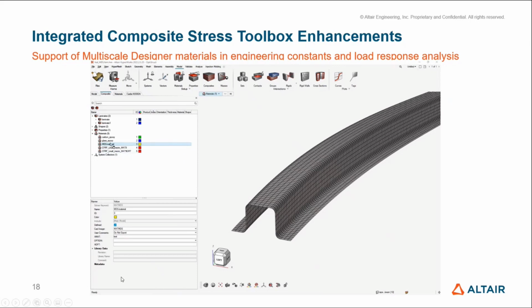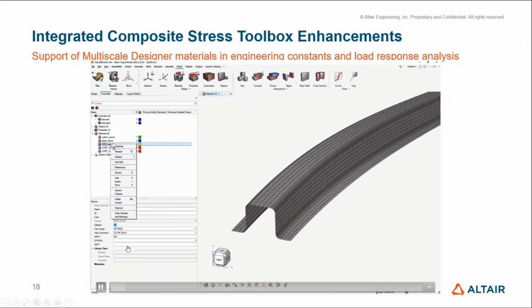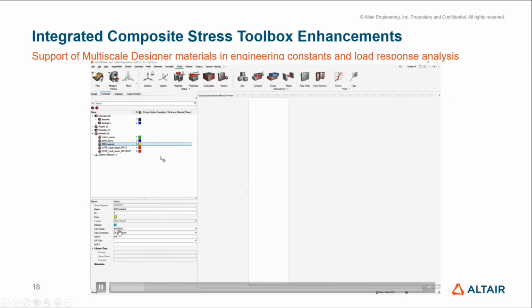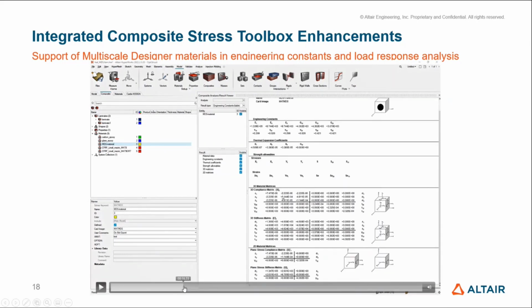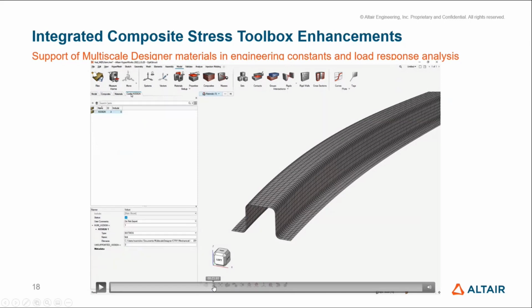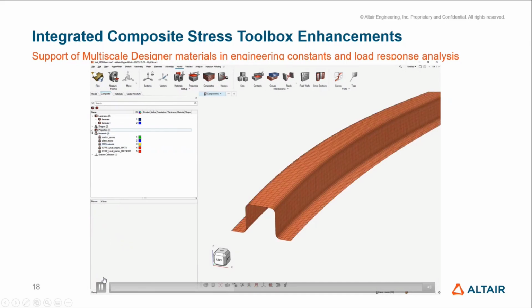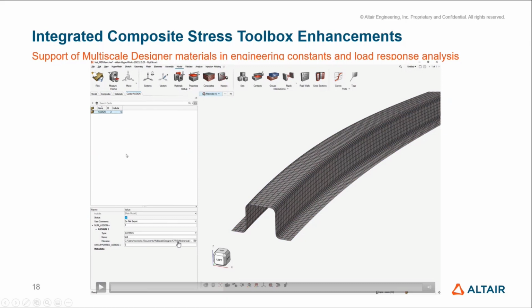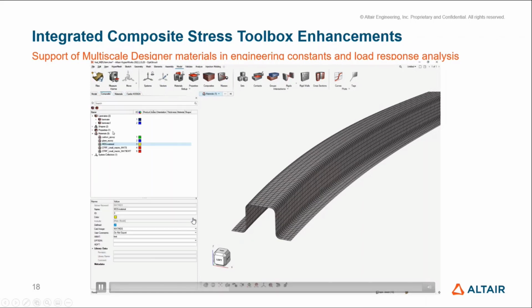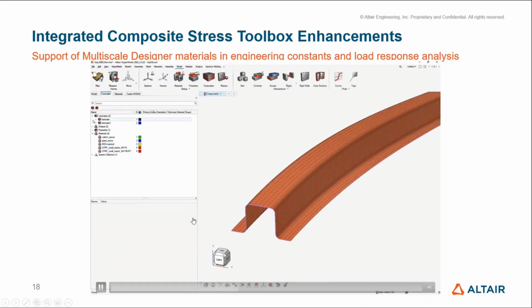And then just in case you've never seen how that MDS material actually comes into it, you just create a material with the card image MDS. And here we go. And you create an assign card, which basically names this and points, let me go back here for a second, and points to the correct file of your multi-scale materials. So that's pretty straightforward. And then you can go ahead and use it as if it was any other material,